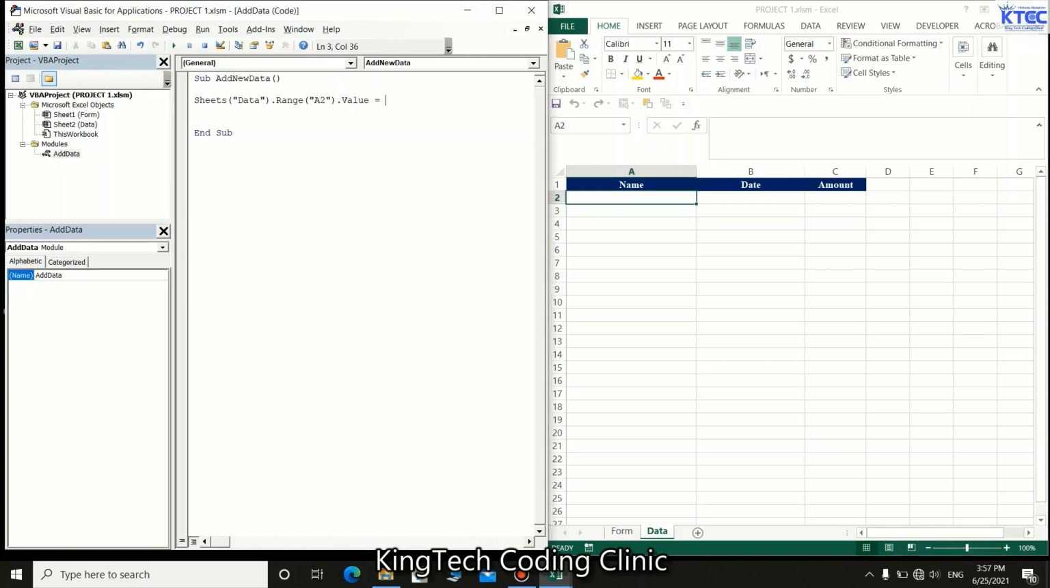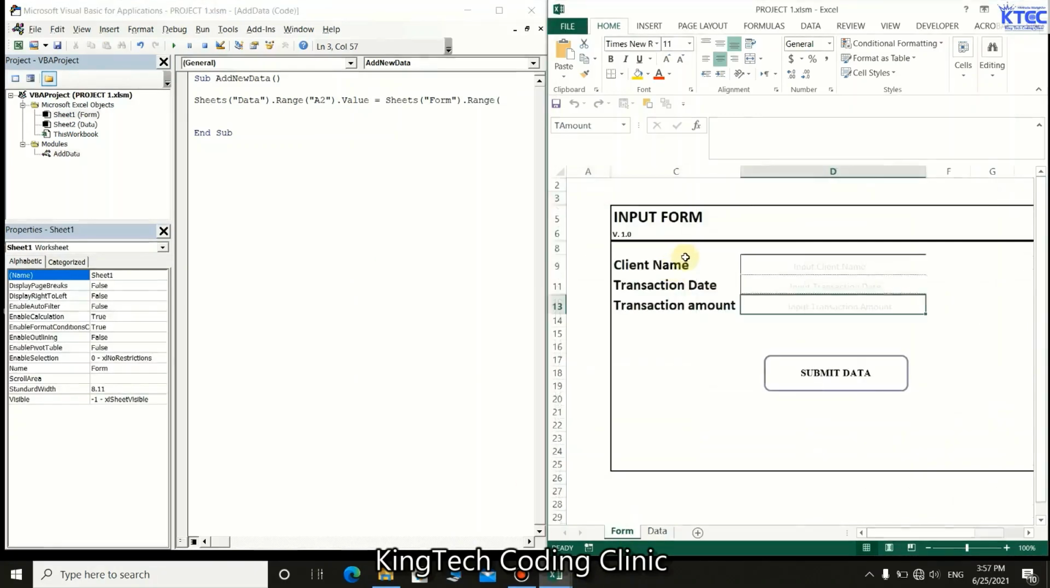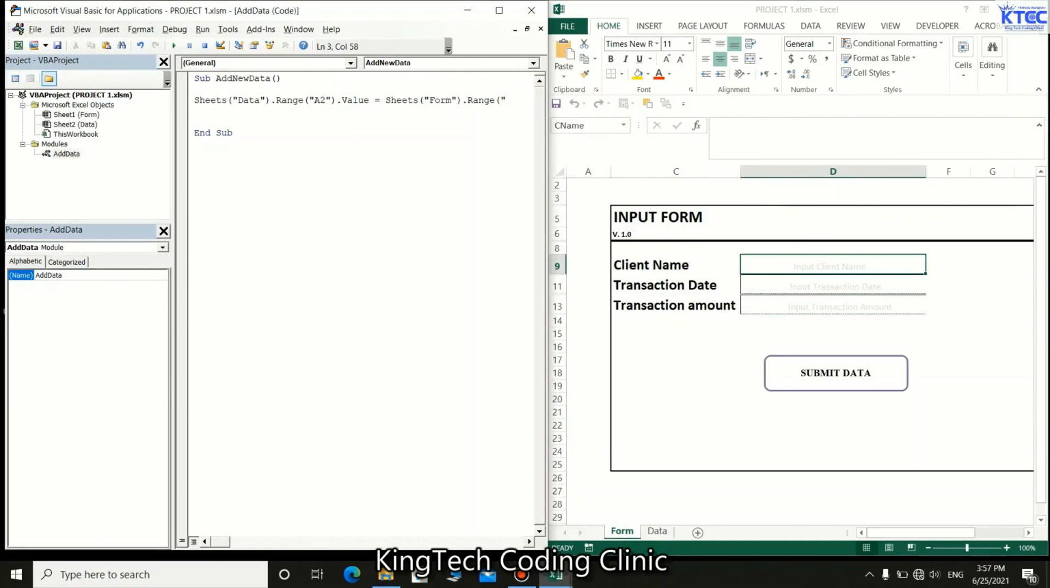Equal to sheet. What we are saying is this. Let me finish and then explain. Call Sheets, into brackets. What is the name of the sheet? Form dot Range, into brackets. The range from this form is taken of this range, this client, and then Control C to copy it, then Control V to paste, then client dot